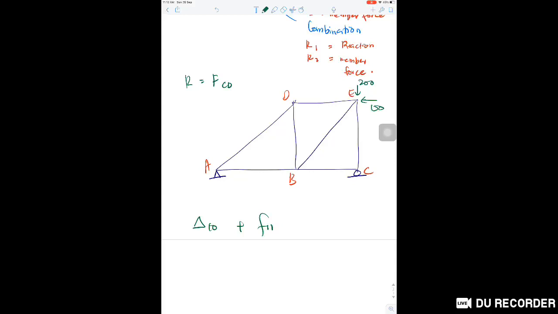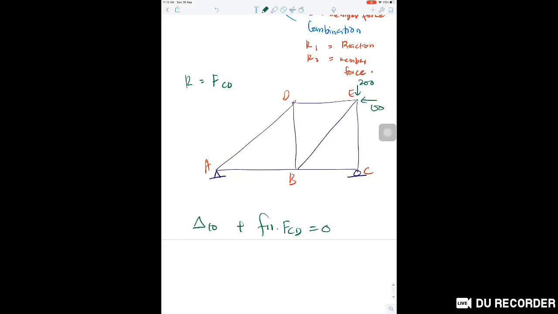F11 is actually delta 11, and delta 11 is equal to F11 times the redundant FCD, and this is equal to 0. 0 means there is no deflection,